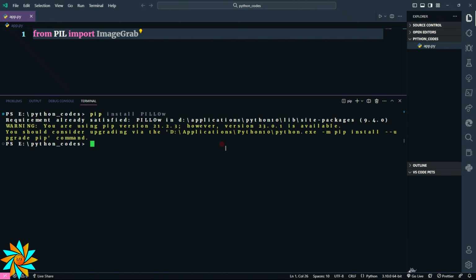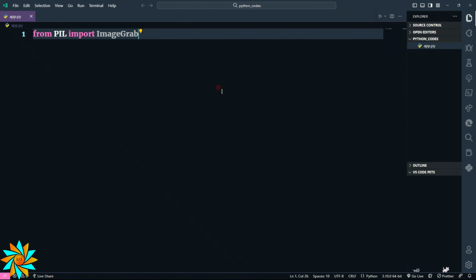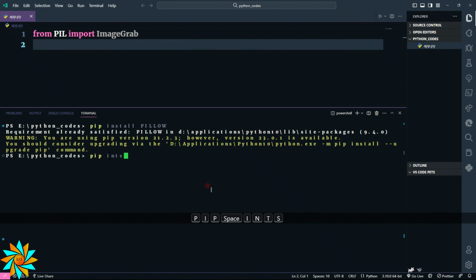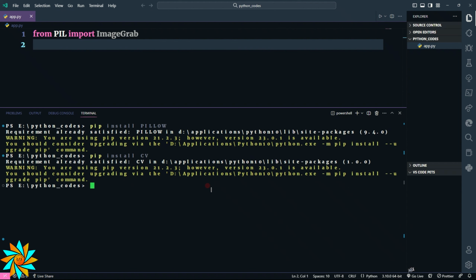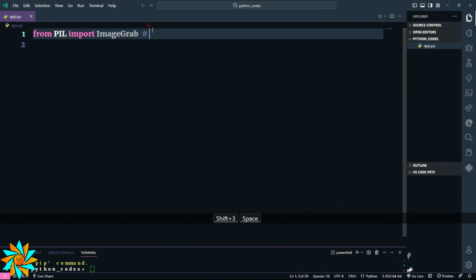Mine is saying requirements already satisfied. If you haven't installed it, then you can install it by using the command. After that, pip install opencv-python. So this will be the part where our videos will be recorded and then saved. After that, let's just leave it here. And I'm going to write here